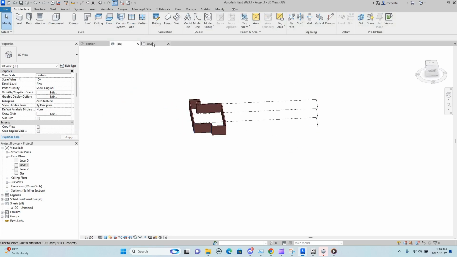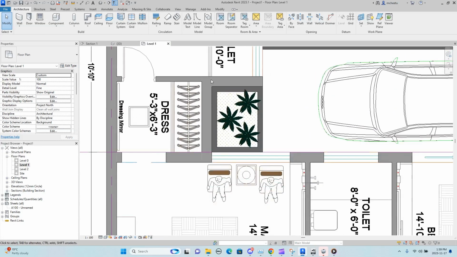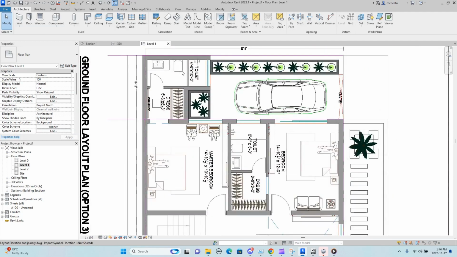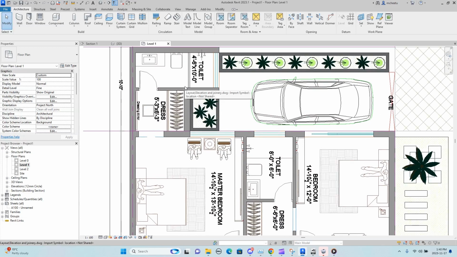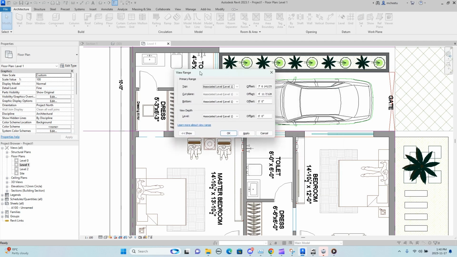Again, we're gonna go to level 1 here. I'm gonna continue drawing. Okay, so right now we're not seeing the wall. That's because of our view range. If you type VR, it will take us to the view range of the plan. So the top we're gonna set to level 1, so it will go to level 2. Cut plane should be maybe 5 feet from level 1, which is the eye level, and then bottom is also level 1. So if we go apply,